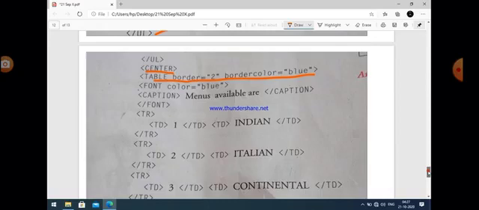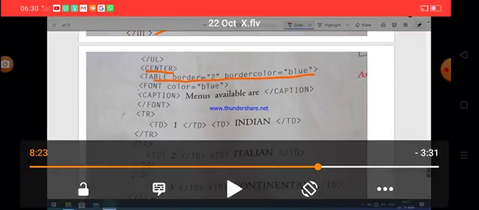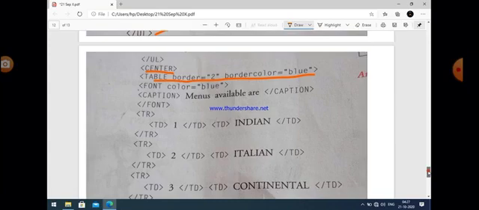Then you can easily see that to create a table, the table tag is used, and a border is given here. Border color is also given in the question. So we use a border attribute. We define that border is equal to 2 and border color is equal to blue. Then font color. We define font color is equal to blue because it is given in the question that the font color of the table data should be blue. So we just write font color is equal to blue. Okay.